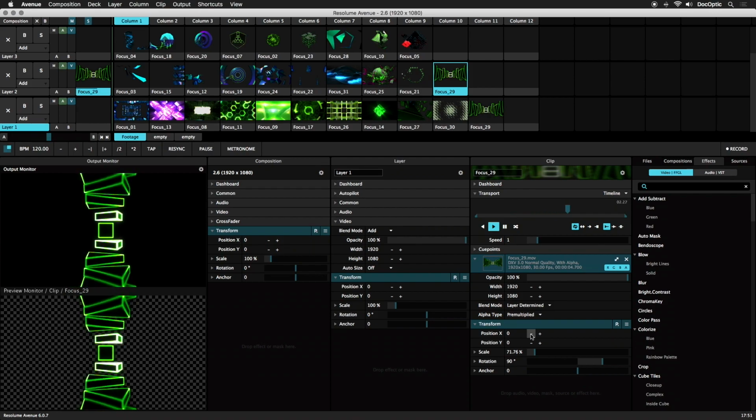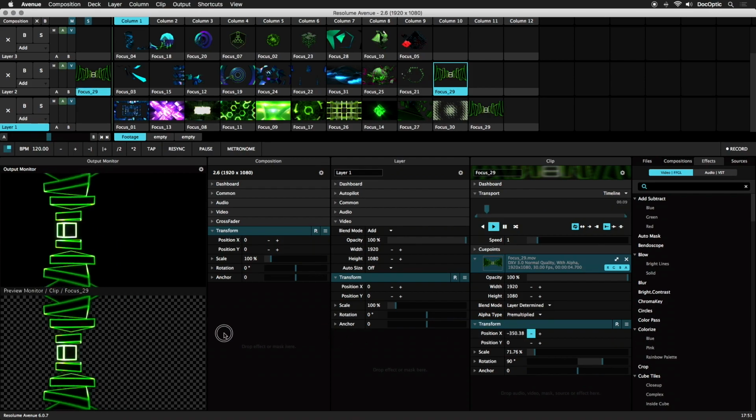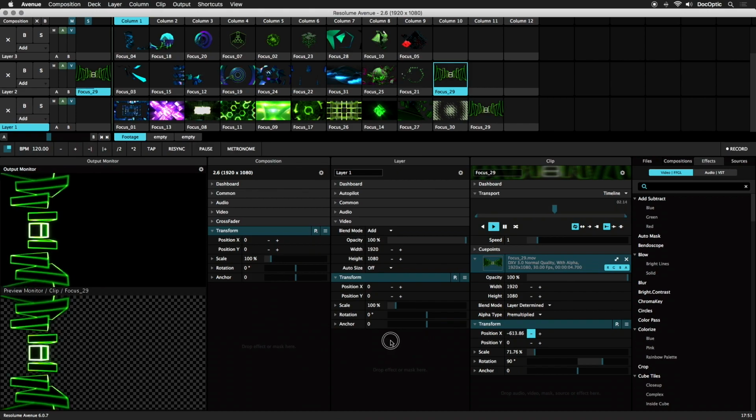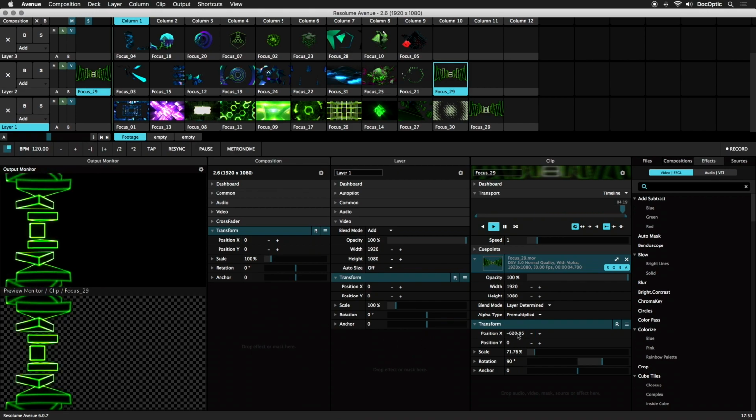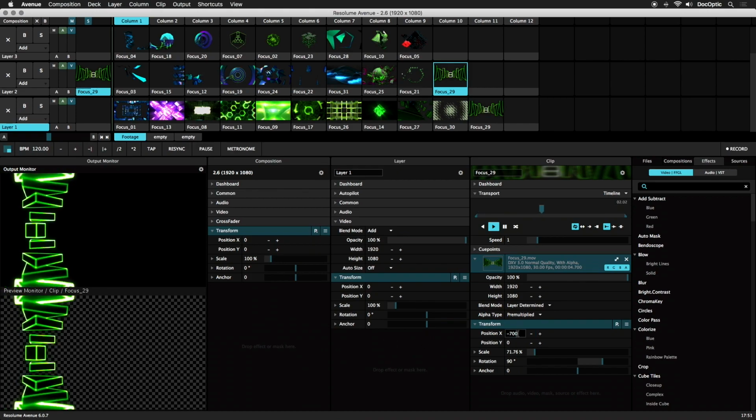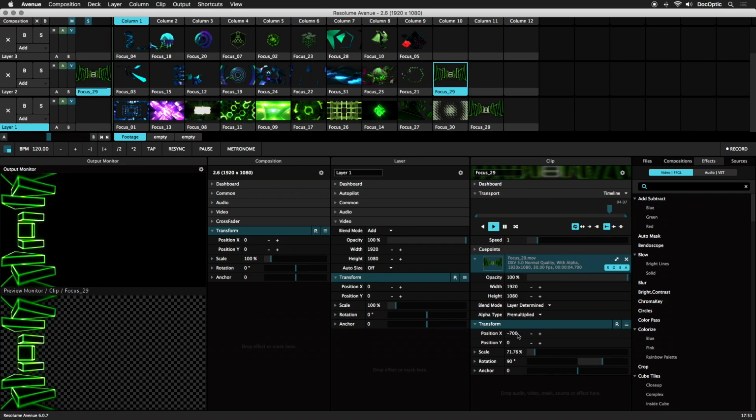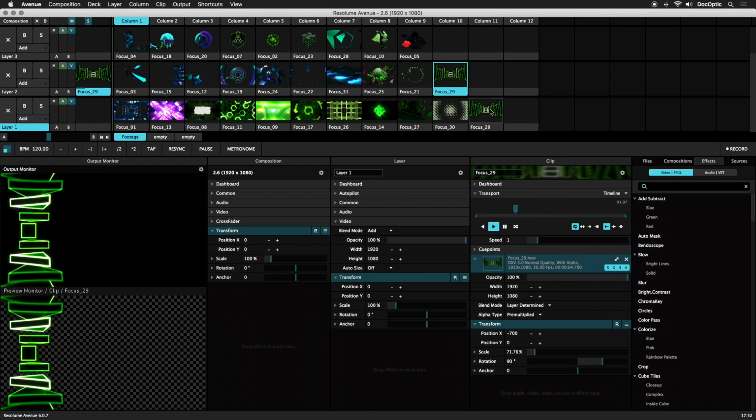Click and drag the position X parameter left towards the edge of the screen. To make this more accurate, let's type in -700 directly by clicking on the value. Now that we have our left column, let's trigger the duplicated clip in layer 1 and do the same to